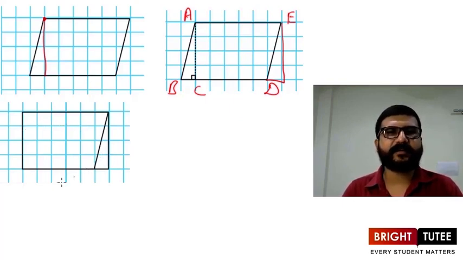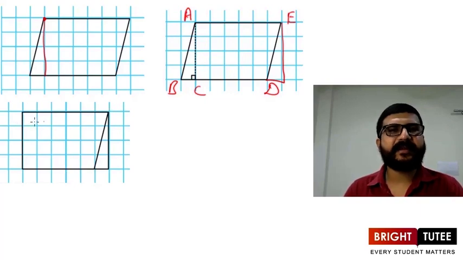So here is the new figure. Now what do you think about this figure? What kind of shape is it? We have come across this shape many times and we have learned in the previous videos also about its perimeter and area. So this is nothing but a rectangle here. So what we did here, we have taken one parallelogram and we cut out a portion from it and we pasted it on the another side of the parallelogram. So this gives us a rectangle.